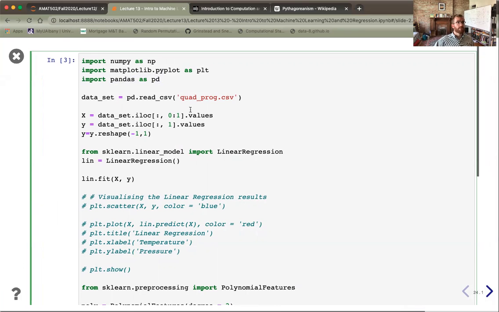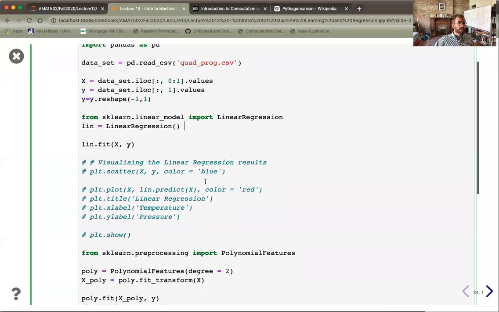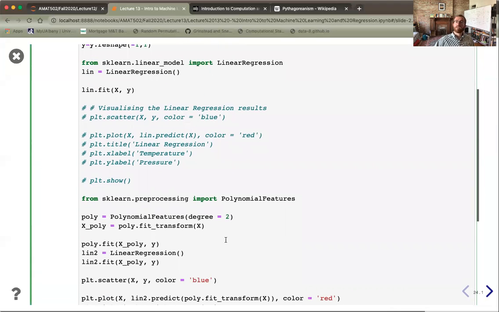And so here, I'm going to go ahead and bring in a comma separated value sheet, which has my data, and I'm going to run my sklearn model, specifically linear regression. But this actually allows me to play around with fitting using higher degrees or polynomial regression. So the way I do that is I have from my pre-processing, I'm going to assume it's a polynomial of a higher degree, and I specify this polynomial's degree by saying poly equals, so this creates an object that's an instance of this class, polynomial features, whose attribute is degree 2.